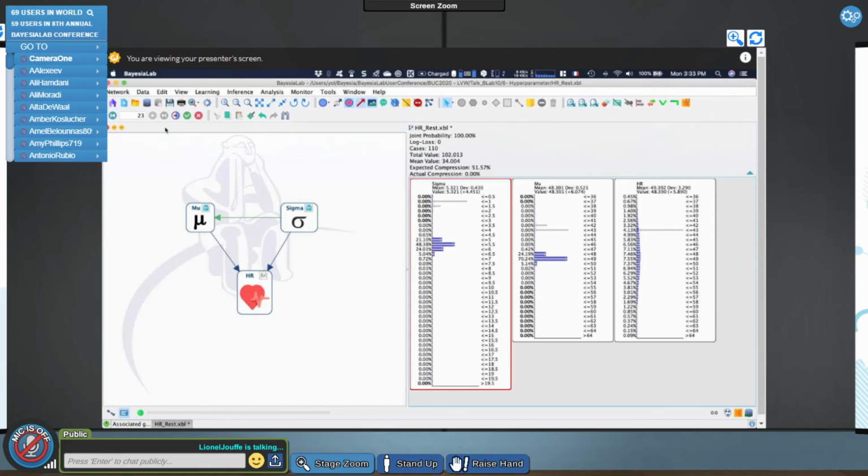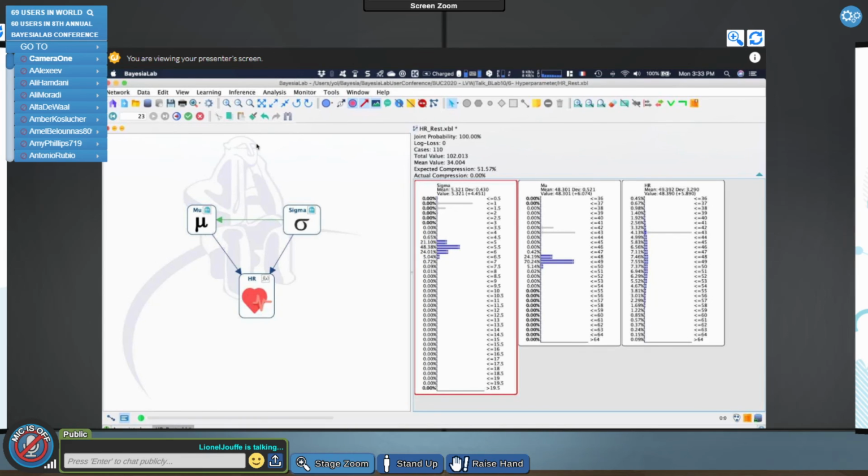And now just to conclude with this example, given that this is my heart, I was just curious about the impact of the day on my heart rate.